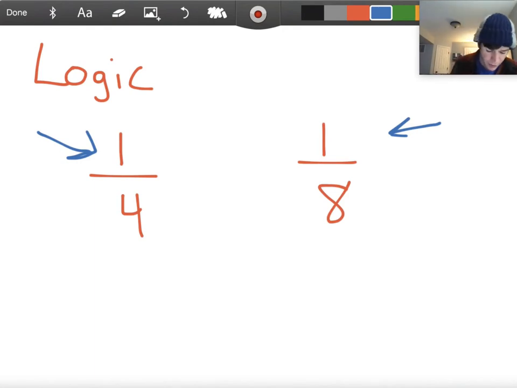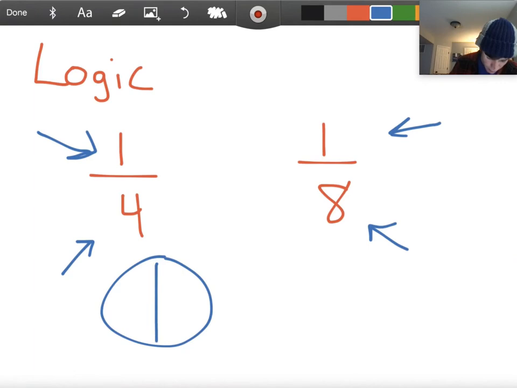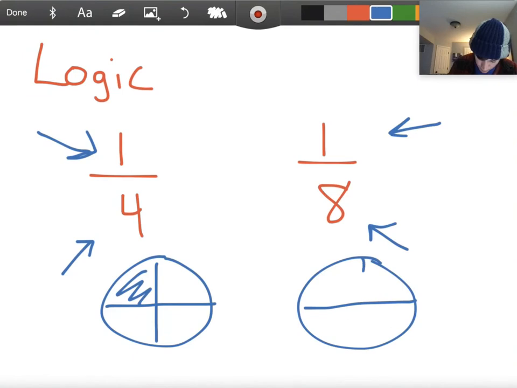Now, one thing you'll notice here is that I have different denominators. Remember, my denominator tells me how many pieces it takes to make a whole. So I know on the fraction to the left, 1/4, it takes 4 pieces to make a whole. The fraction to the right, it takes 8 pieces to make a whole. The reason that it takes more pieces to make a whole in 1/8 is because those pieces are smaller. If I were to draw a circle and look at what this would look like, this would be a fourth versus an eighth would look something like